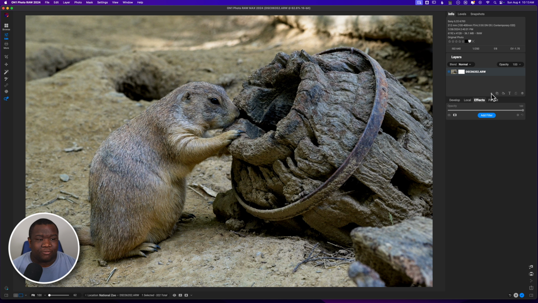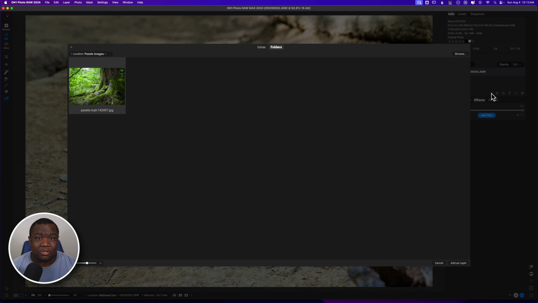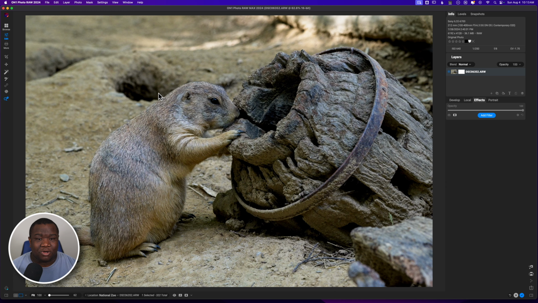I've already gone to Pexels, and I found an image. You can look in the description box below and you'll be able to find the same image or a link to the image. But the goal here is really just to get you to understand how to build a composite. You don't have to use this particular image. I just thought it worked well with the source image, which is what I photographed at the National Zoo of